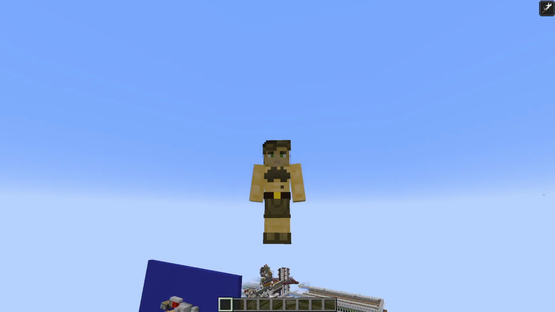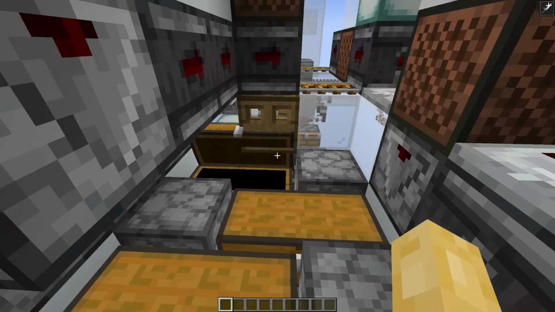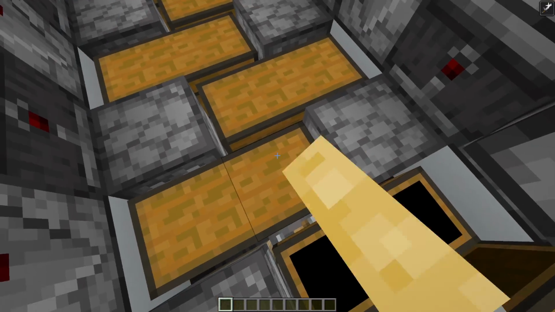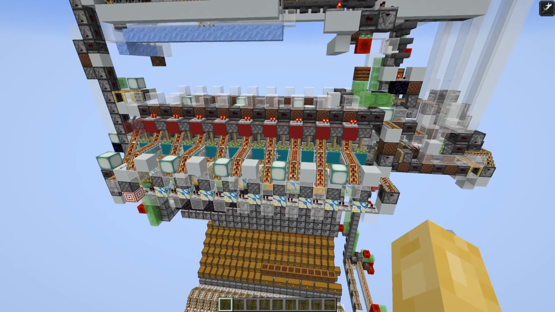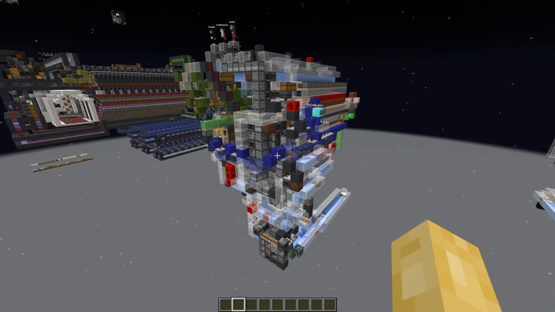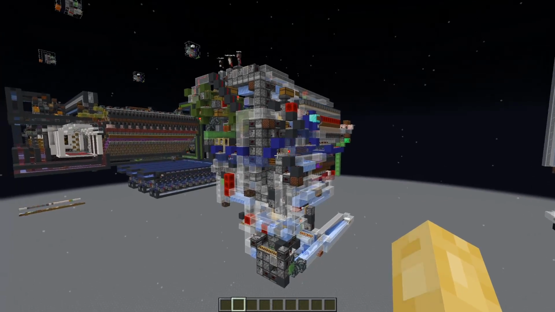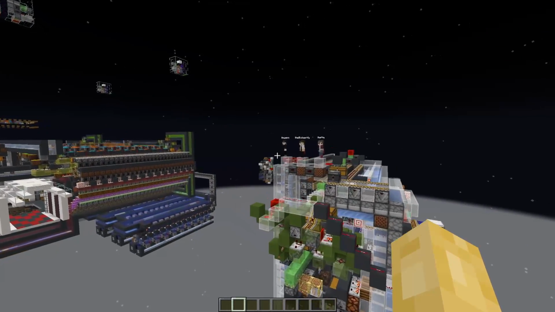And I want to be clear, this is a dead concept. It is extremely hard to set up all of these items in these chests, and when it breaks, it breaks catastrophically. And to top it all off, this right here is a parallel entity item sorter using a set-based concept